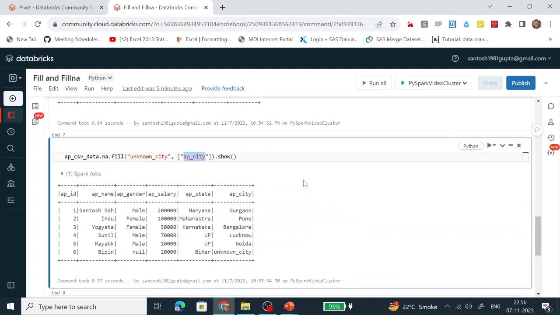Now see, if you want to fill all the null values present in this schema with a particular text, how are you going to do that? Let's copy the code to save time.